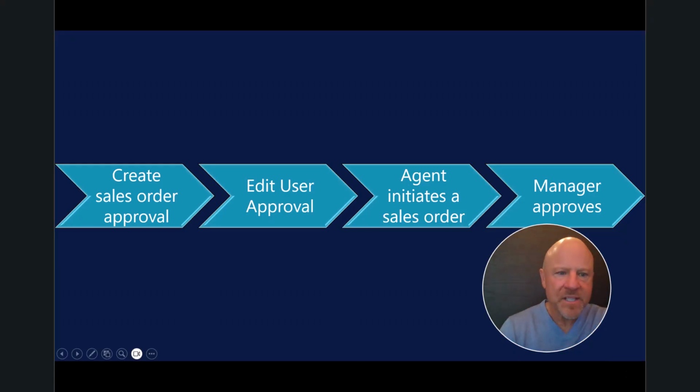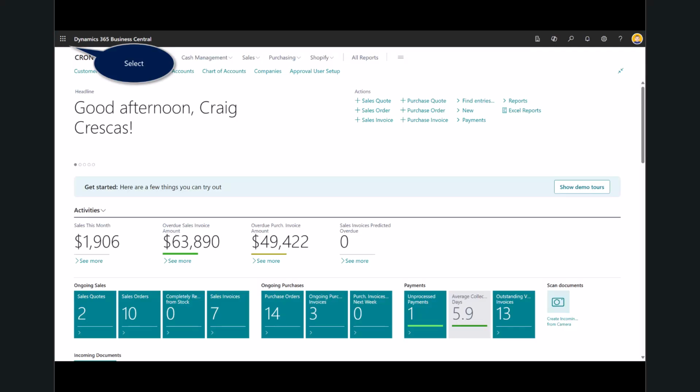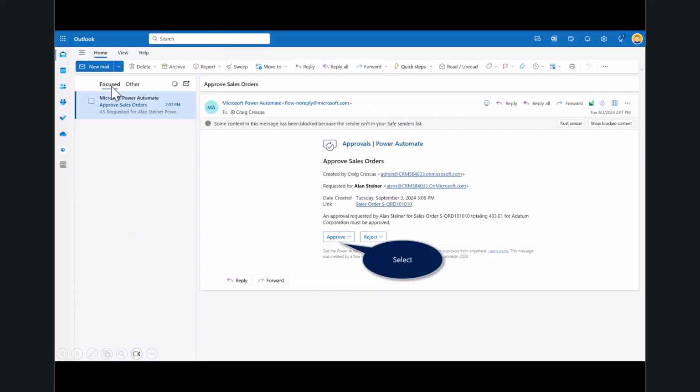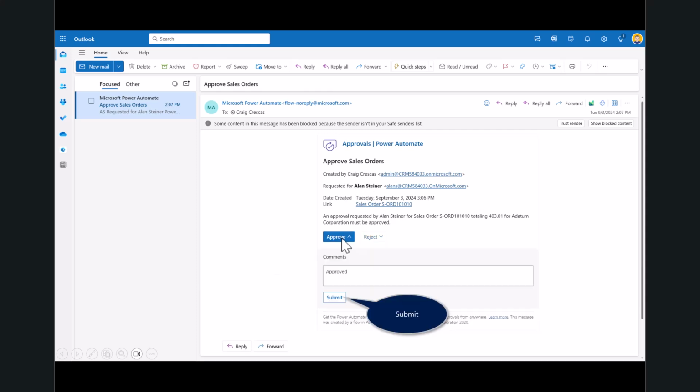Next, what I'm going to go ahead and do, I'll log in as a manager who will approve that. So you see here, I'm logged in now as Craig, as the admin user. And I can certainly approve it right within Business Central, but I wanted to show you some of the automation in Power Automate where we're emailing individuals to notify them there is some attention required. I could link to that document. And you can see here was the original request. Here's the approver. And once I've done my research as that manager, I can go ahead and put in comments